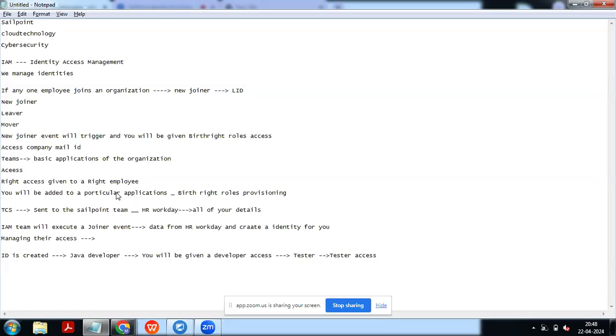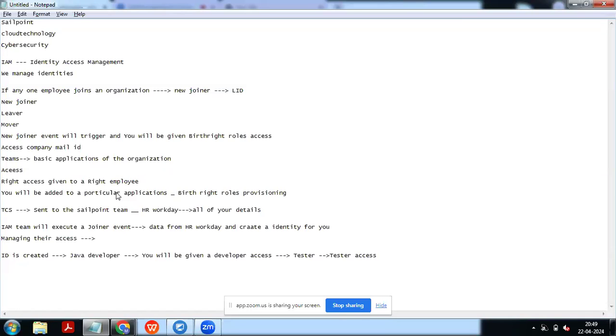But this is cyber security. This is also a kind of identity and access management, where we manage the access. So SailPoint, we will use that. We will onboard. If a client goes for SailPoint, you can consider that as an example. So IAM will handle the resources across the organization. It is not confined to Salesforce.